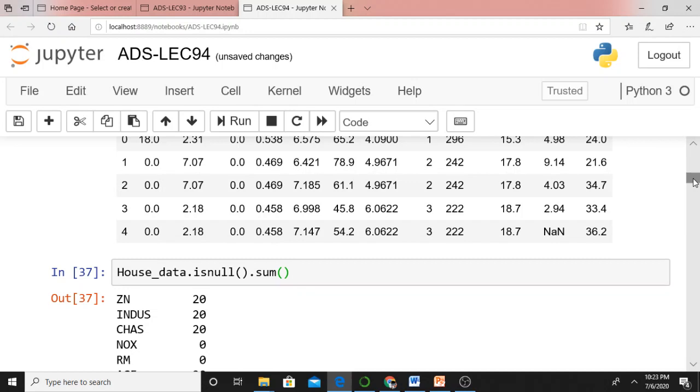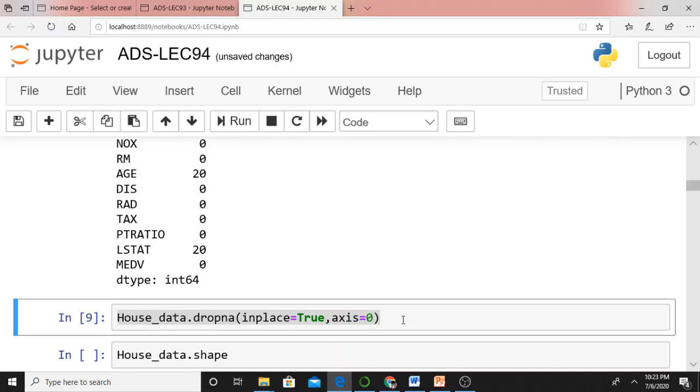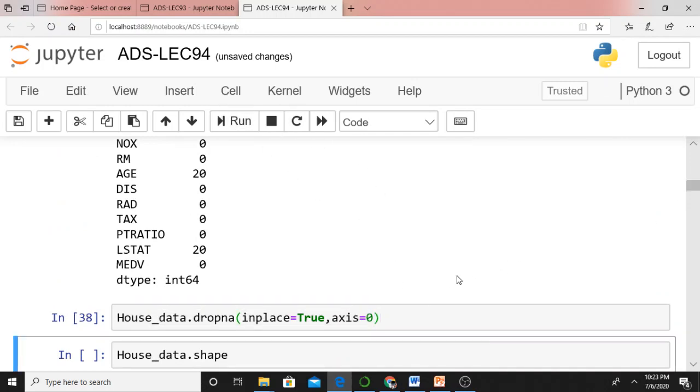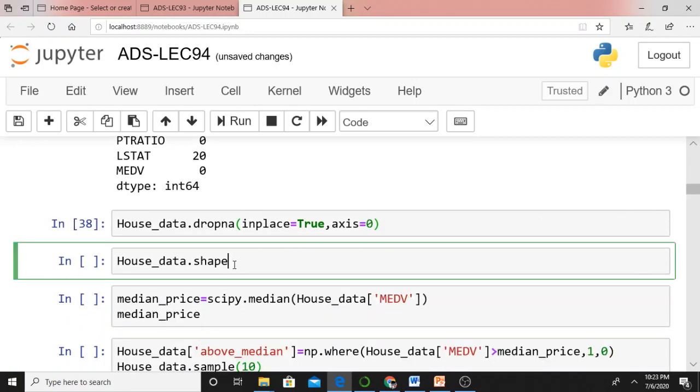I am going to invoke the dropna function to get rid of records which have missing values. This I also discussed. Axis equal to 0 means I am dropping the rows which consist of null values.